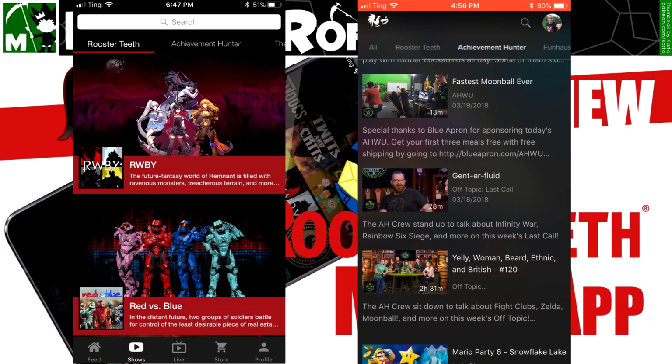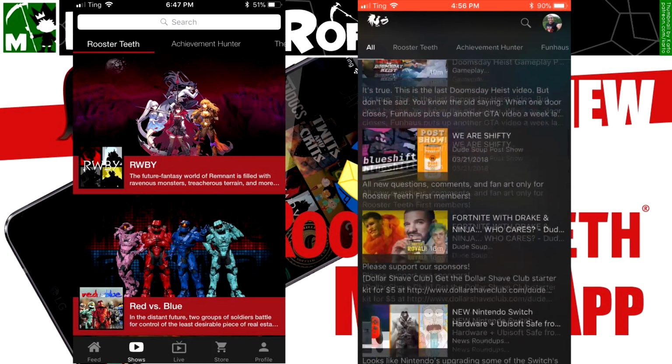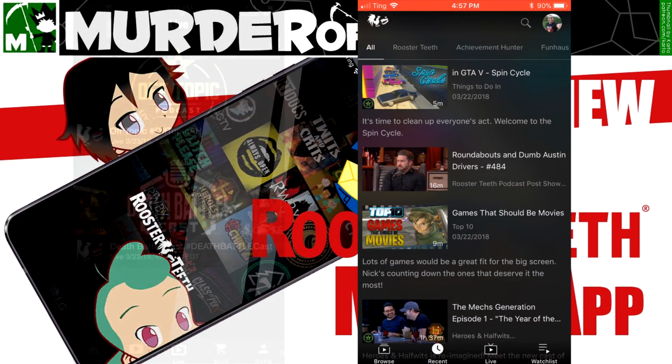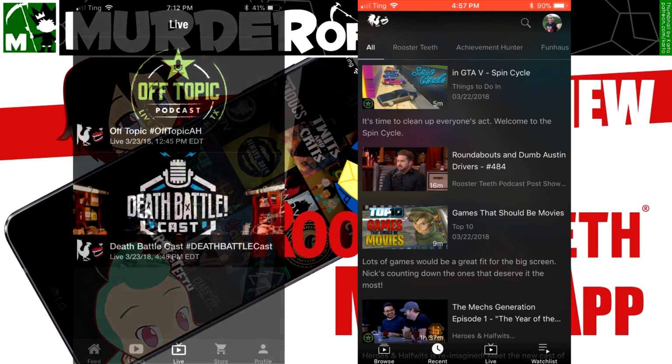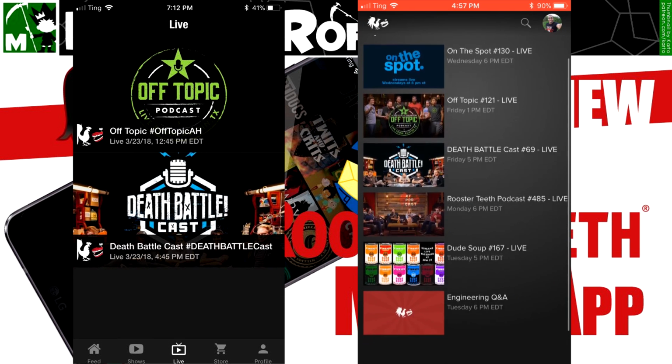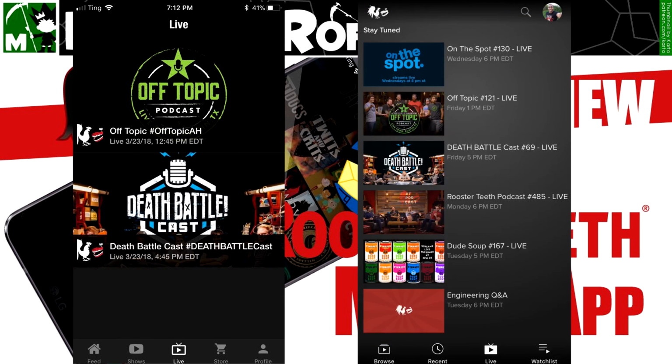You can also view them all on the top left-hand corner, which shows every updated channel by date added. Moving on from there, there's something very special for Rooster Teeth First and Double Gold members. For Rooster Teeth First and Double Gold members, the Live tab is probably the most improved aspect of the entire